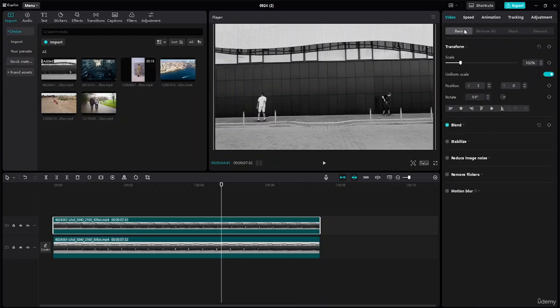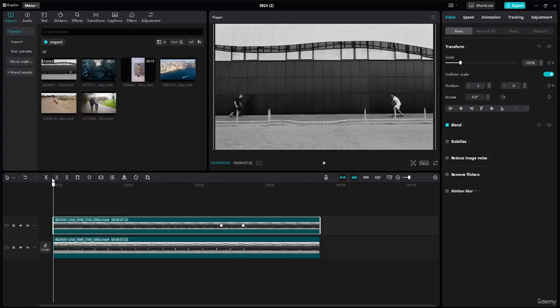and let's go to basic. And from the basic option, I will add one in scale and one in position. So let's come here, and at this particular point also let's add one scale and one position. And let's see how it actually works. So I will just come here. The same way, let's add a scale, let's add a position,